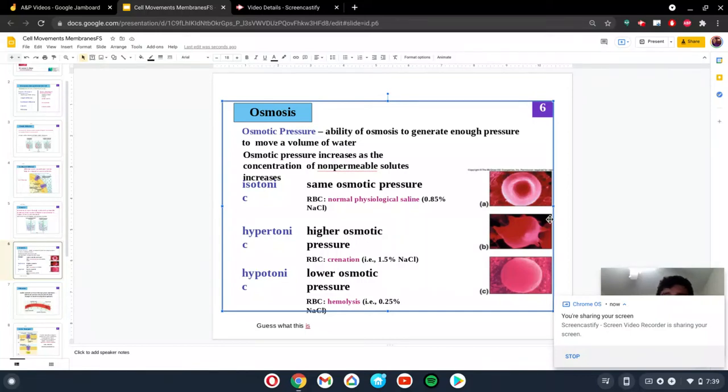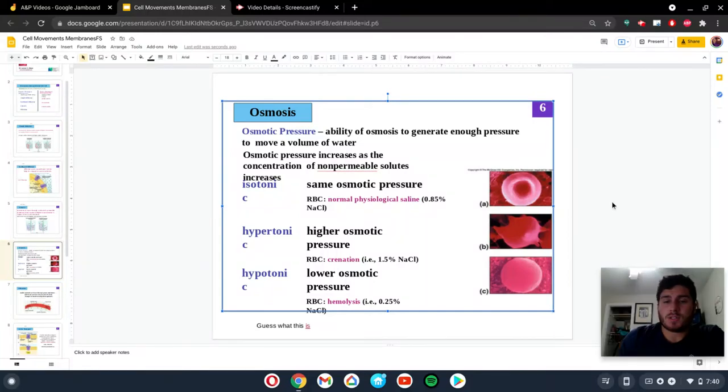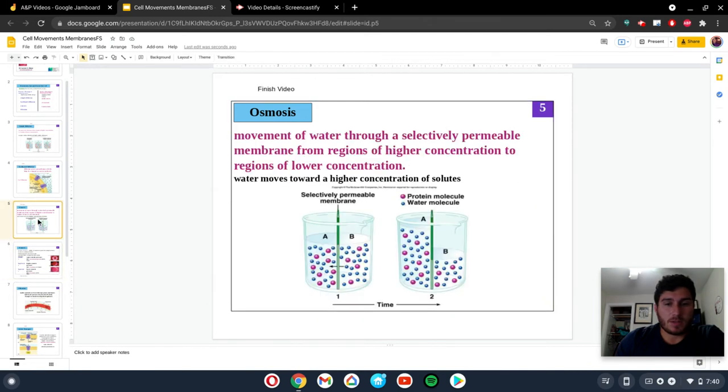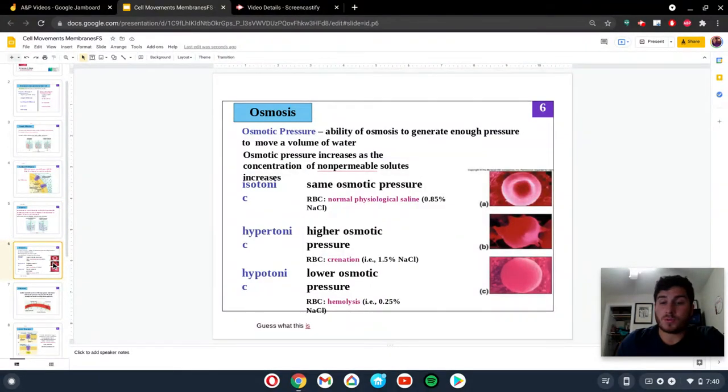So there are a couple terms I want to go over real quick with osmosis. As mentioned in the last slide, remember, it starts off everything's equal, and then all of a sudden, oh my gosh, the left-hand side is loaded with water, and the right-hand side just lost a ton of water. There are terms for this that are very important, and we're going to use those right now in terms